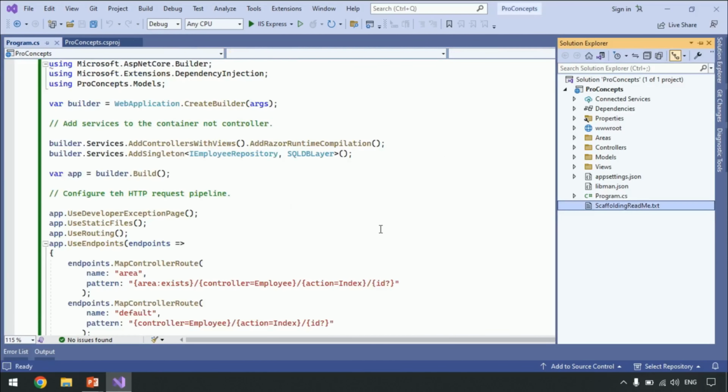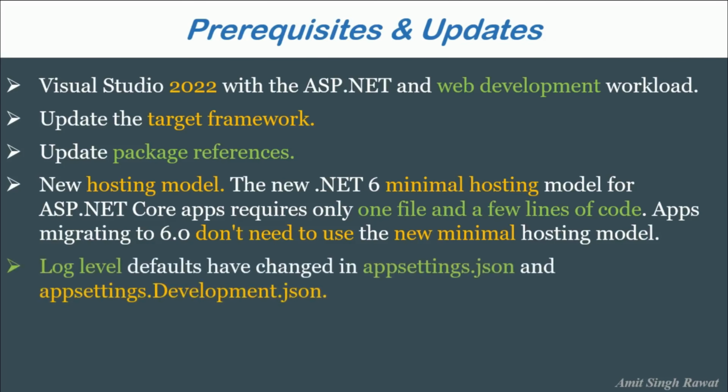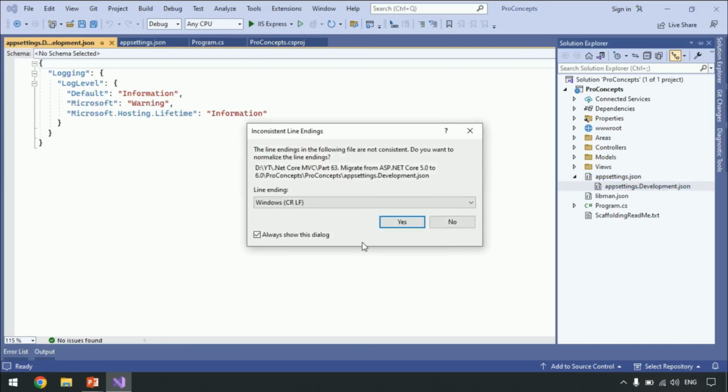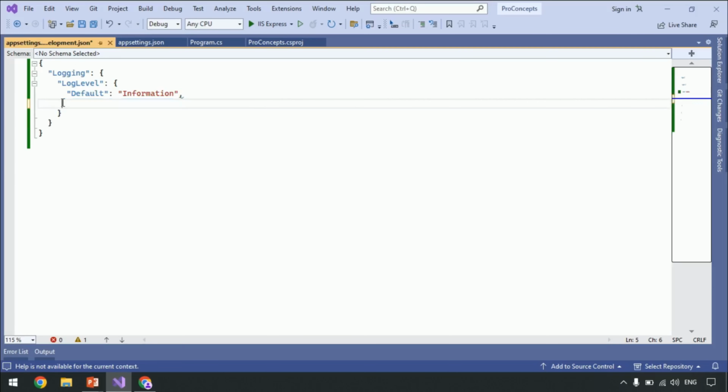Another change is with appsettings.json. Let's go to the slide. Log level defaults have changed in appsettings.json and appsettings.Development.json. So let's go to Visual Studio and open both these files. If you look at the file appsettings.Development.json, Microsoft and Microsoft.Hosting.Lifetime are the defaults created when we created our application. Both these values are removed, and instead of them, Microsoft added